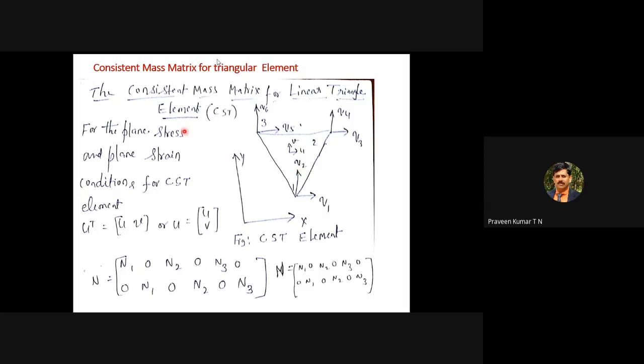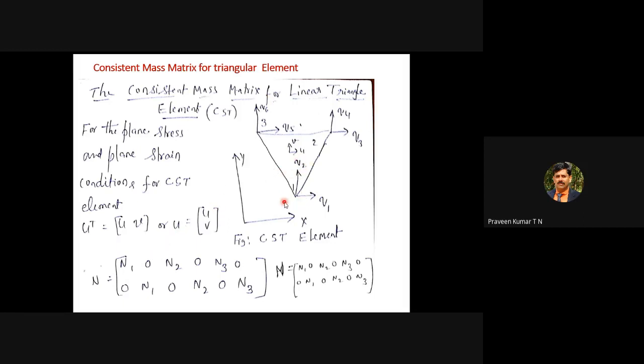In a triangular element, there are two displacements, given by u and v. u refers to displacement along the x direction, that is q1, q3 and q5 that you can see here. q2, q4 and q6 refer to displacement along the y direction. Hence the displacement vector for the triangular element is given by u, v. There is a slight difference with respect to the shape function N, because there are three nodes and each node has 2 degrees of freedom. Hence the total degrees of freedom for the triangular element is 6.